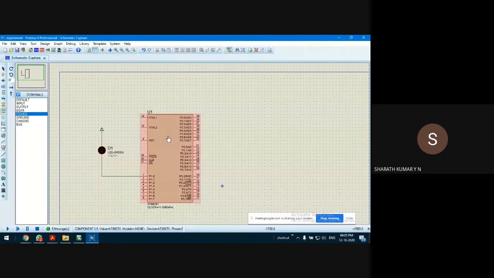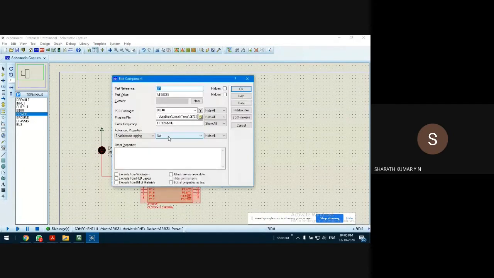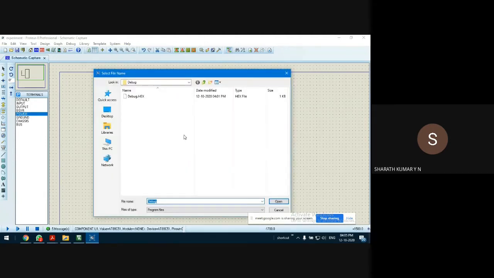Now, to include the hex code, what we do is double click on the IC. Can you see one window here? Since we have already programmed it, we find one file here. There is the program file. In the program file, select this folder icon. It is looking for the hex code.